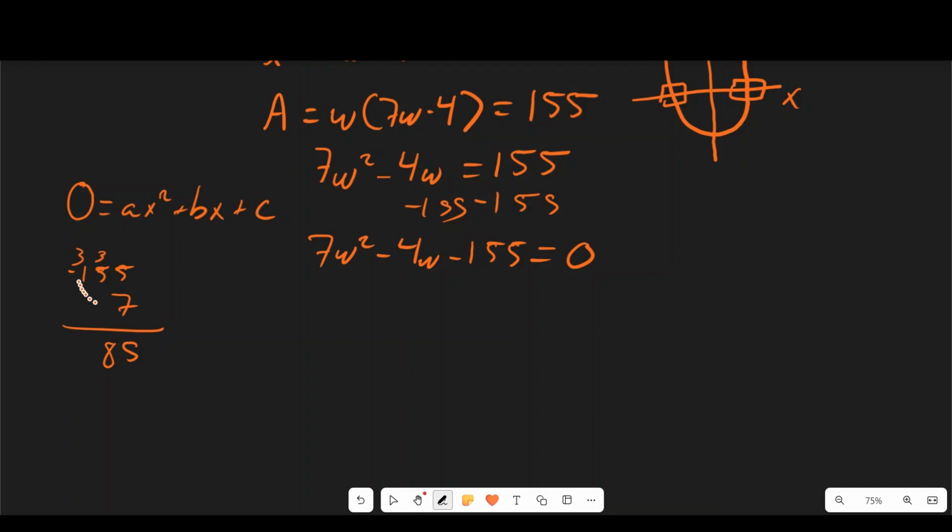And then 7 times 1 is 7, plus 3 is going to be 10, right? So why did we do this? Why did we multiply these two terms together? Well, the reason we are doing that is to figure out how we can split up this middle term into